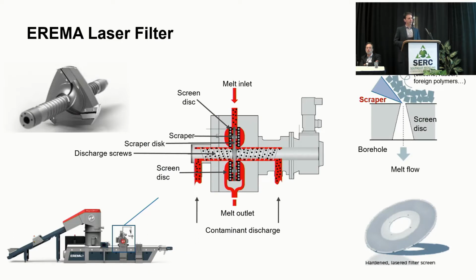The filter itself offers some unique advantages over conventional backflush or screen filters, in that we can remove a lot more contaminants than a conventional screen filter, up to 5% in the melt stream. It's continuously self-cleaning. I could spend an hour or so on just the filter technology, but just to give you some idea that